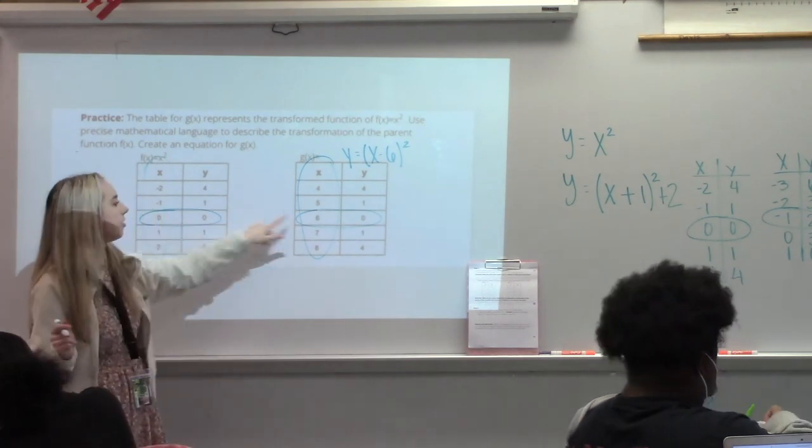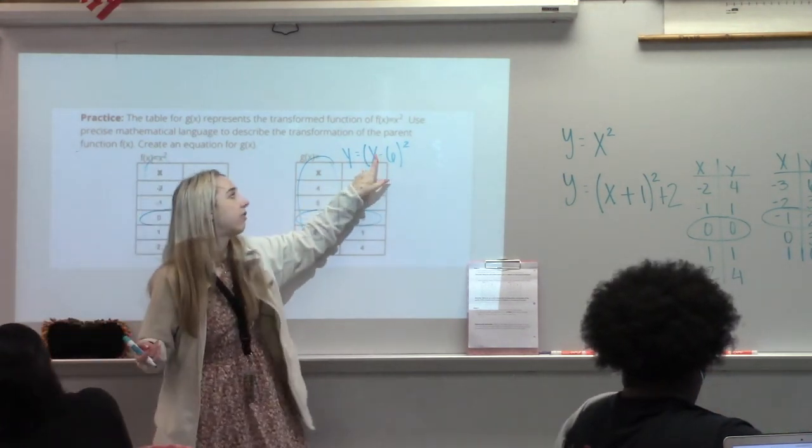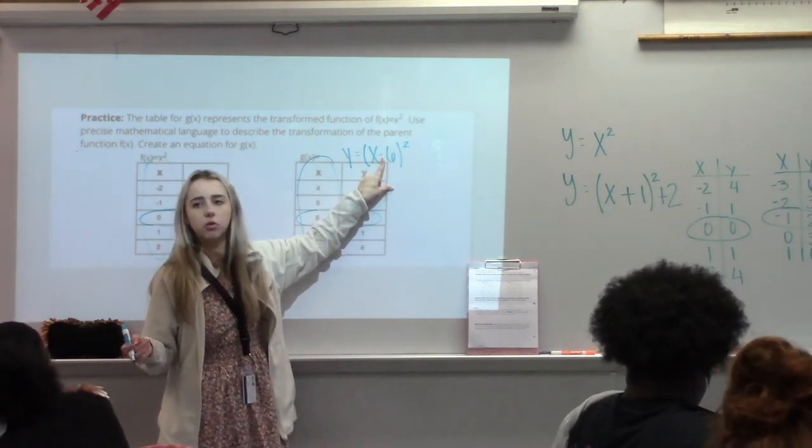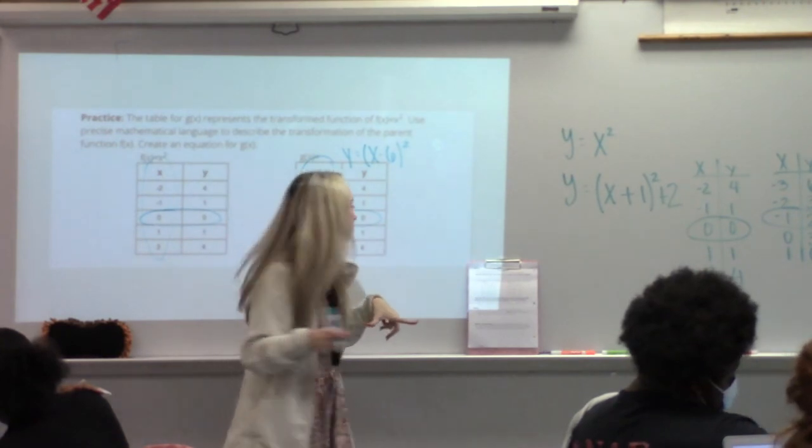So from this 0 to this 6, we added 6, but since we're dealing with horizontal, remember you have to put a minus in the middle, or a subtraction sign. Okay? So then,